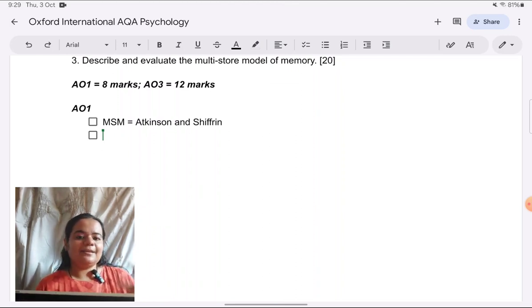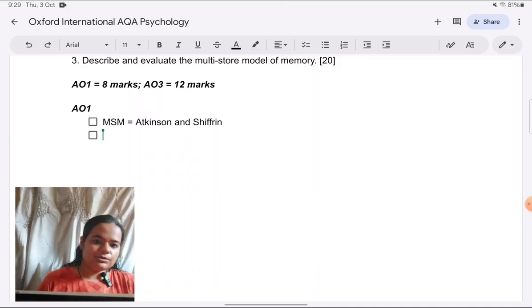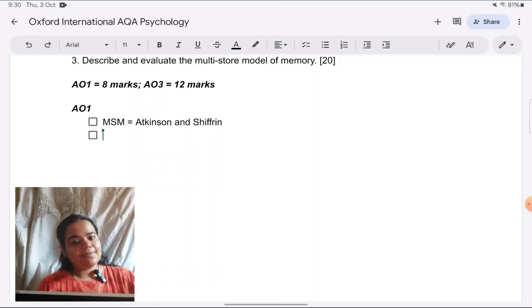Many students directly get into the components, so this is short term, long term, sensory memory. But in my opinion, before that, writing something in general about the MSM, its purpose, why it was designed, is better. It leads into the components. Then we can discuss the components. So MSM has been developed to show